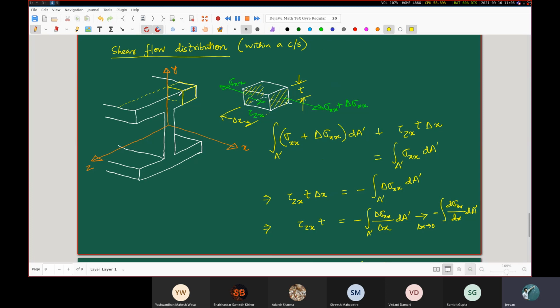Please note that on the top face there is no shear, on the bottom face there is no shear. But when we are talking about this face, it does not mean that there is no shear. I have taken a cut section at some point in the middle of the beam and exposed this face, but it does not mean there is a shear force V present all over this cross section. So the tau xz that will be present here, this is our tau xz. That tau xz value will be exactly equal to this tau zx value,